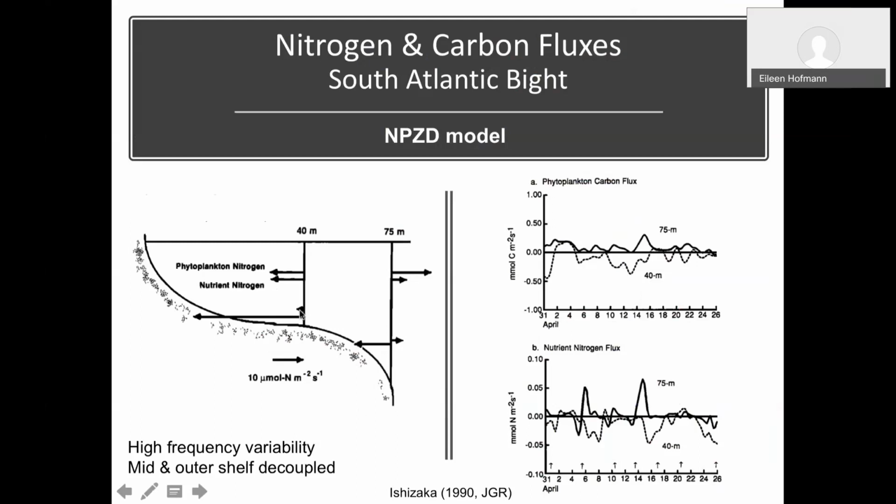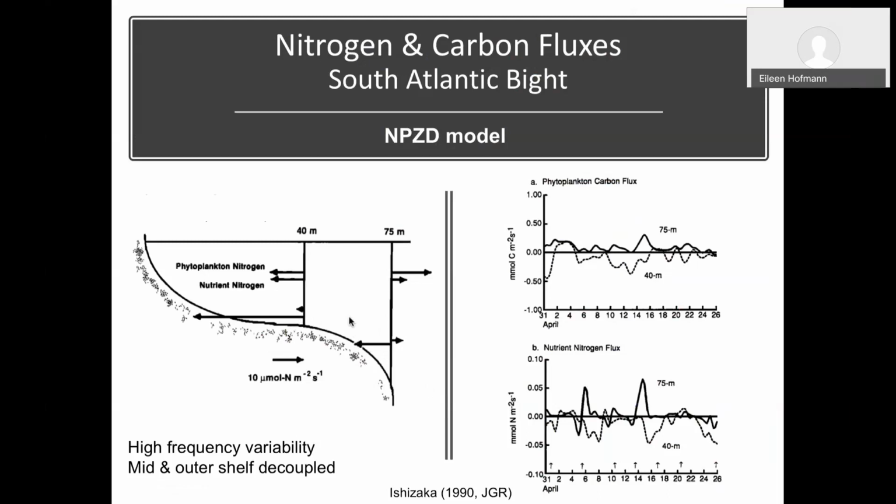So if you look at more of an aggregate picture, which is on the left-hand side here, you can see that there is considerable offshore export at the outer shelf region. There is a significant amount of on-shelf import, if you will, of phytoplankton nitrogen, nutrient nitrogen. And at the bottom, there is, in fact, a net on-shelf flux of nitrogen. So we're able to start building up these pictures of the variability of the system. And also we're getting from this the idea that the mid and outer shelf processes may in fact be decoupled